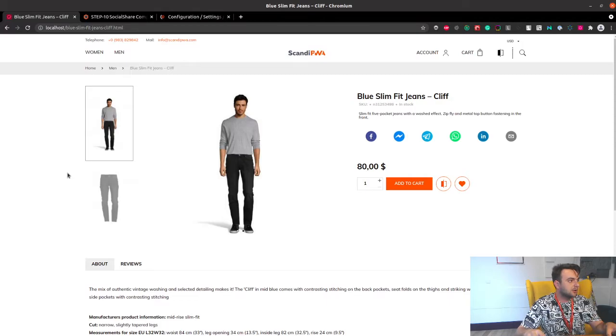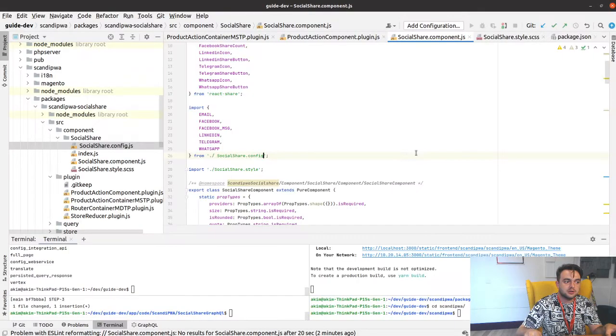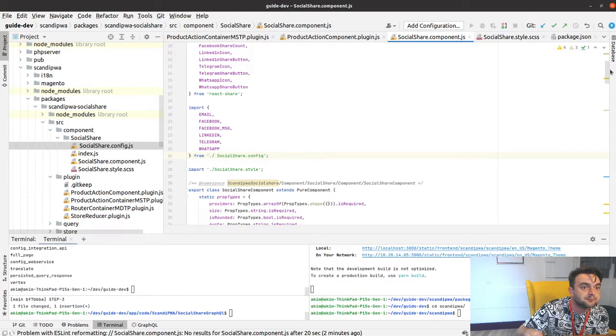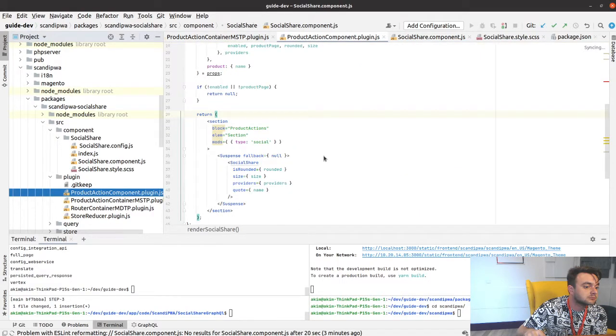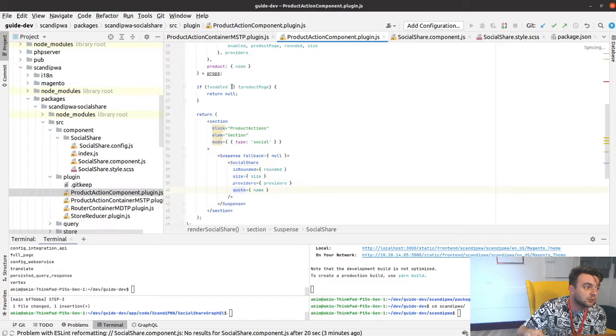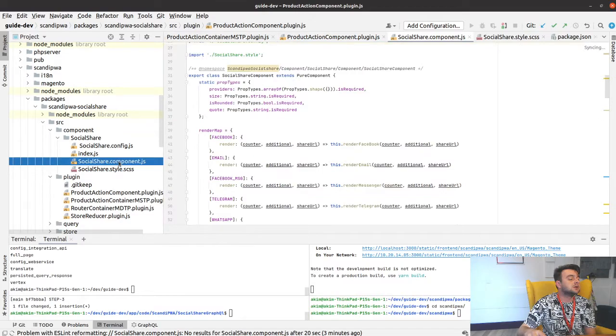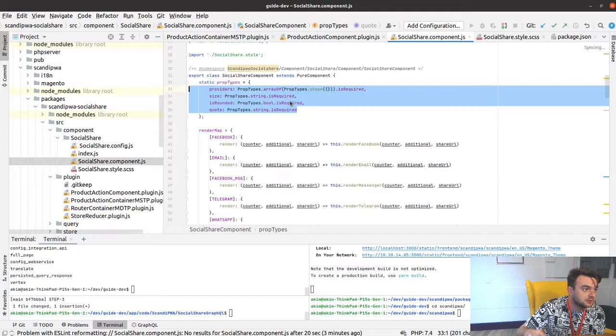And now we're going to take a look at the code, and I will describe what is going on here. So, as you may know from the product action component, we are passing several props: is rounded, size, providers, and quote, which is the product name. So here we defined our props and types of them and created a render map object